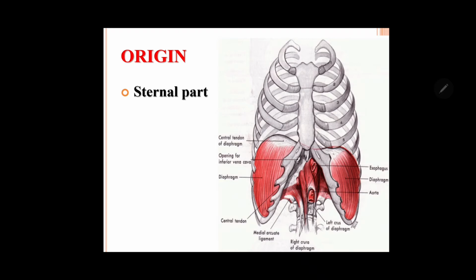So these are the ligaments there, medial and lateral arcuate ligaments, and one median arcuate ligament connecting right crus and left crus in front of the aortic opening. So in the left side you are seeing, that is the psoas minor muscle. You can see this is the medial arcuate ligament, this is the lateral arcuate ligament, this is the left crus here, and here you will notice the median arcuate ligament. So these are the ligaments or thickening of the fascias related to the diaphragm.